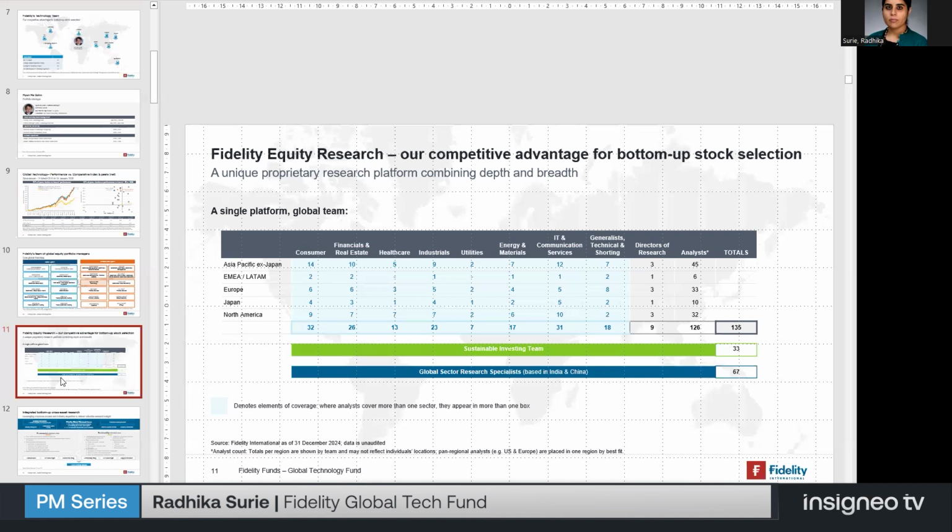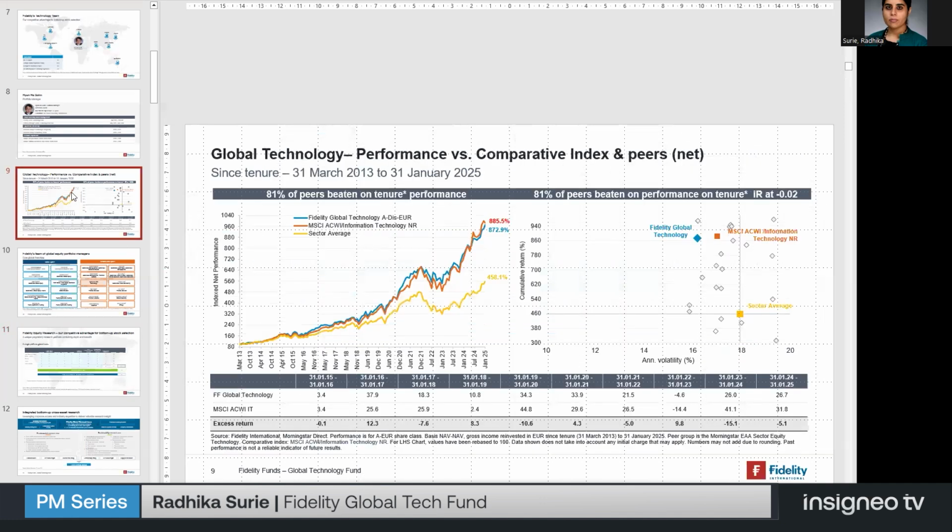They have very strong relationships with companies across the board, but also more importantly, a degree of connectivity amongst themselves, which allows them to have quite a converged view of the sector as a whole, and also keep an eye on what the funding environment is like for early stage technologies, which can often become the technologies of the future. So we do like to keep a very close watch of the entire tech ecosystem with our 31 analysts and with a fund manager who has essentially beaten the peer group by about 81%.